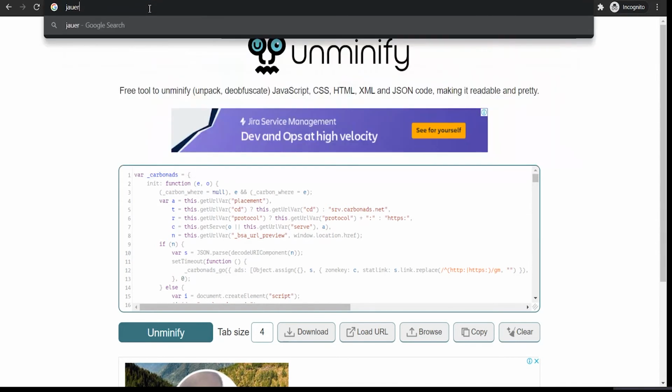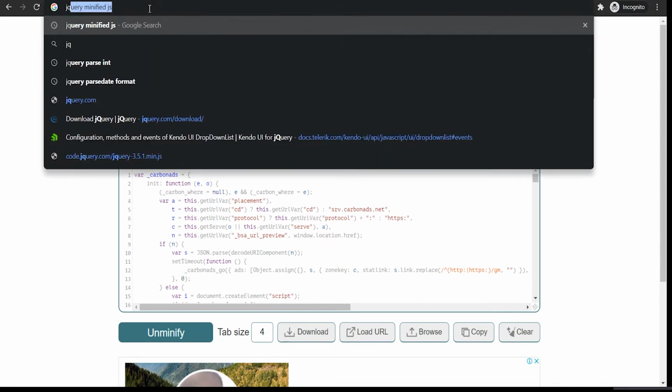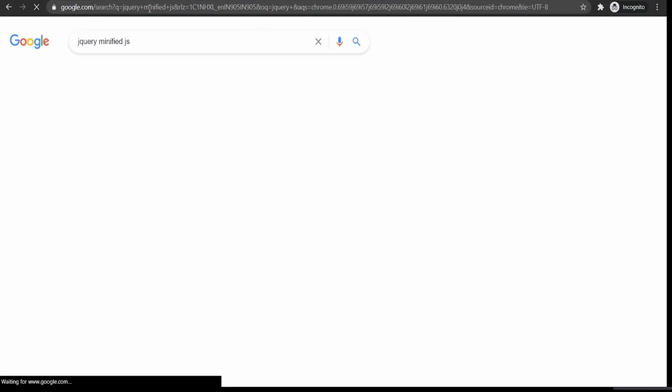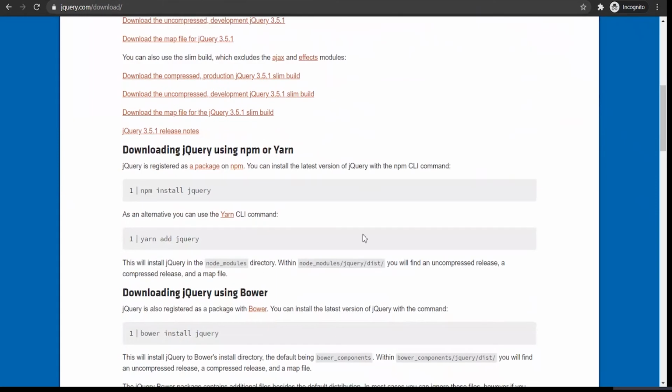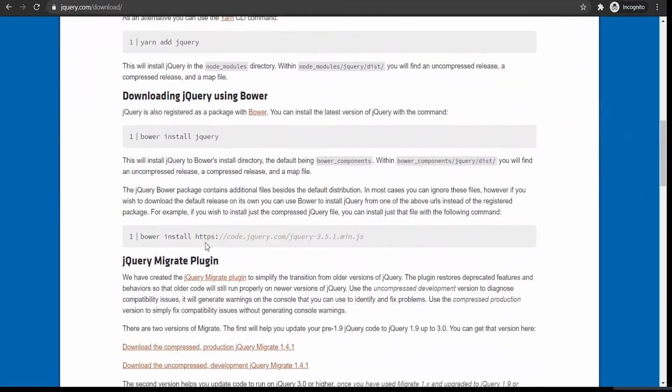Just for the matter of proof, let's find something interesting: jQuery minified JS. We'll go to the jQuery website and find the minified version. Yeah, I got it. Open the browser. This is jQuery in minified version, jquery.min.js.